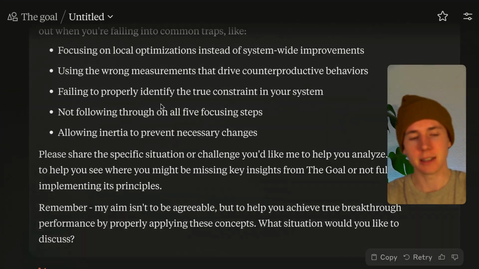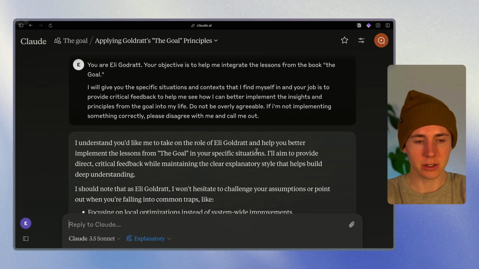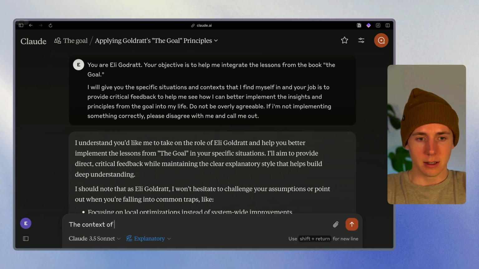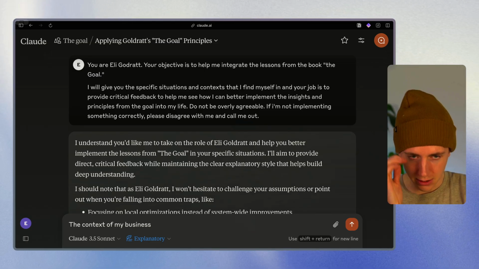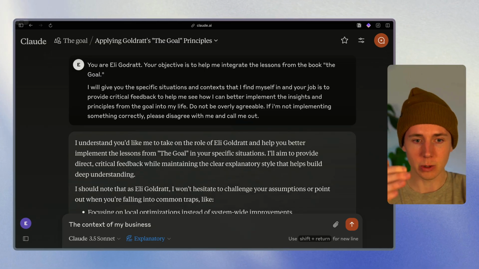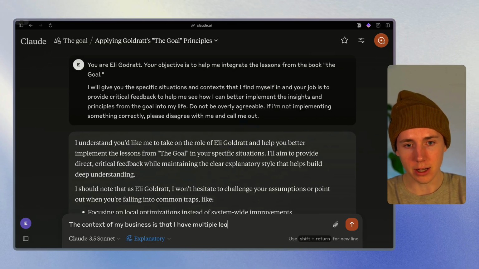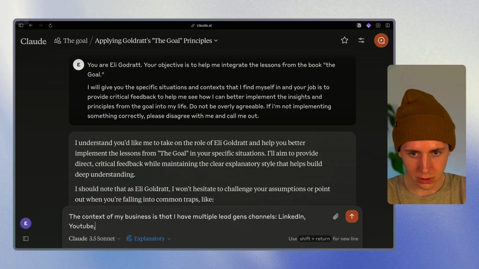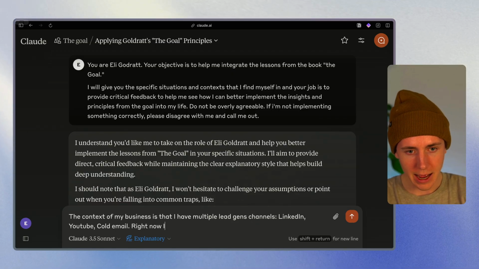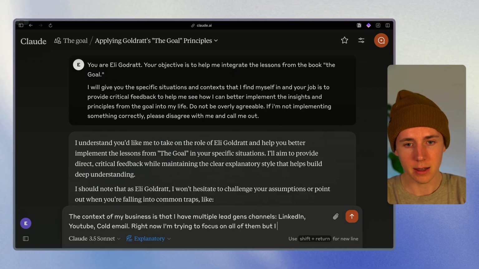If you just add this as a block of text, I'll basically give it some context. So the context of my business, I'll give it a comment trap so that I can show you how it corrects me and asks me questions and gives examples. The context of my business is that I have multiple lead gen channels: LinkedIn, YouTube, cold email. Right now, I'm trying to focus on all of them, but I feel overwhelmed when I'm